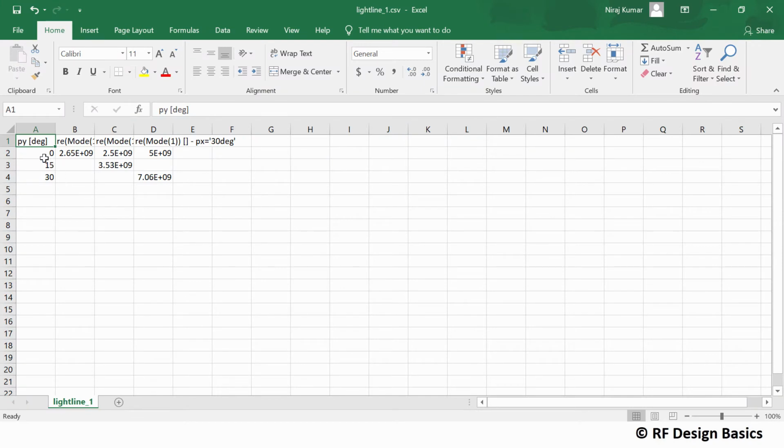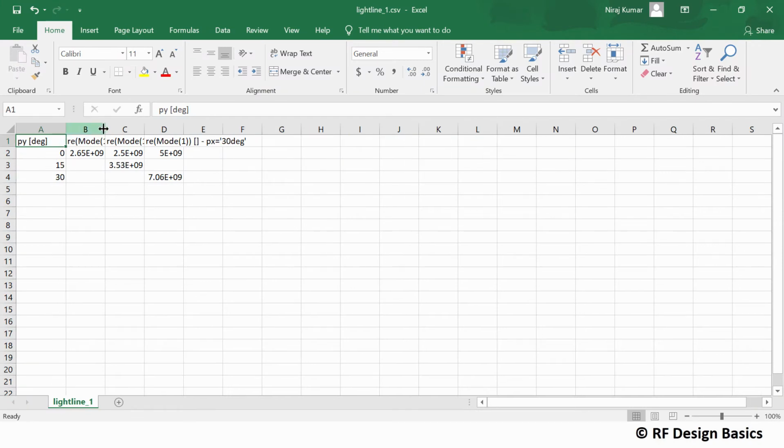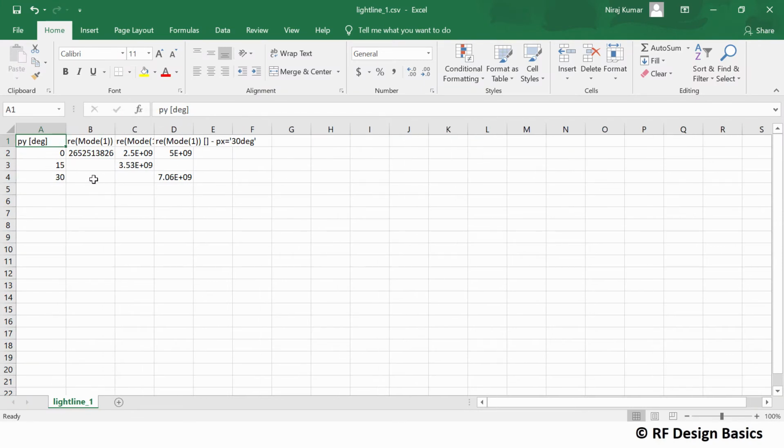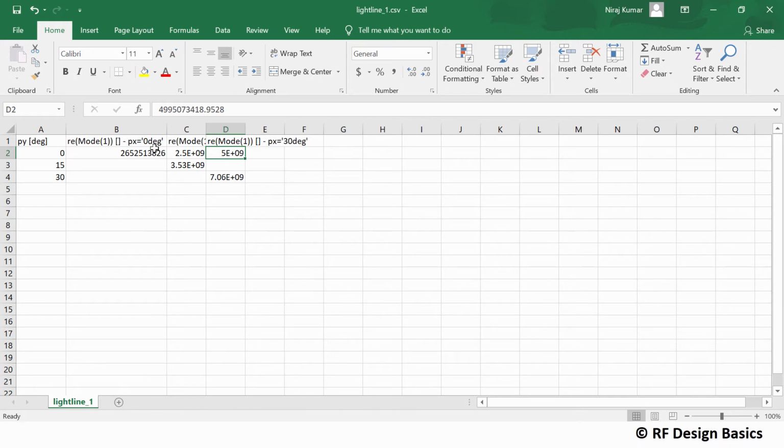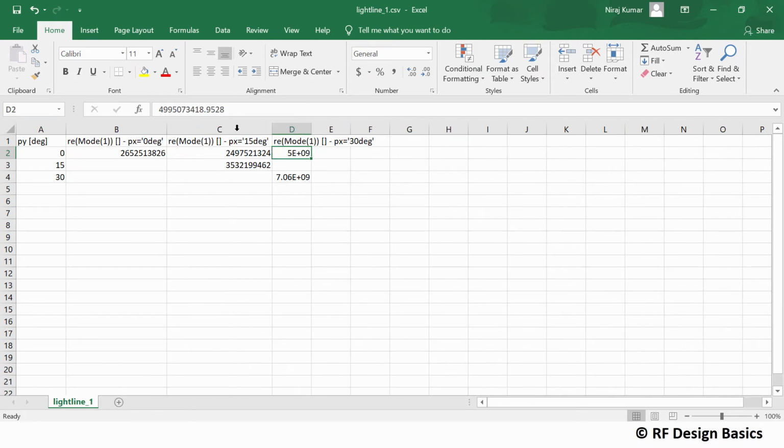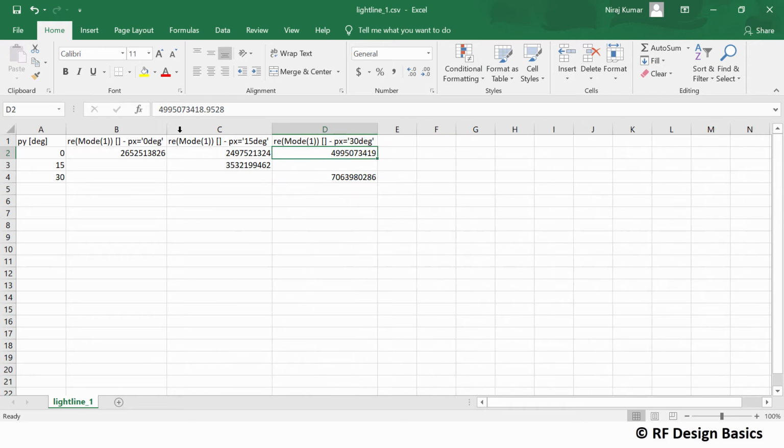So we can see there are 3 different values at 0 degree, 15, 30 degree, similarly 0 degree, 15 degree and 30 degree. So we need these values: 0 degree Px, 15 degree Px and 30 degree Px.